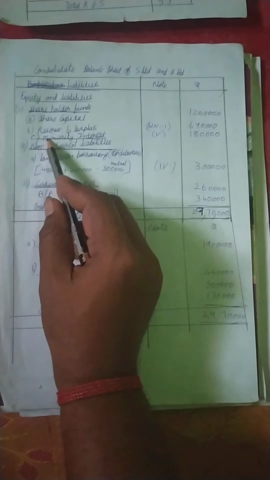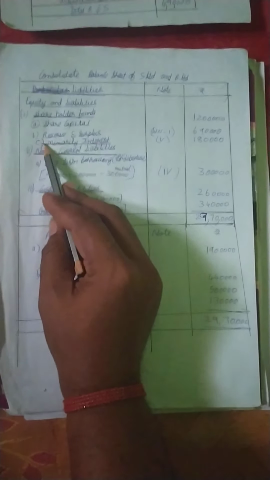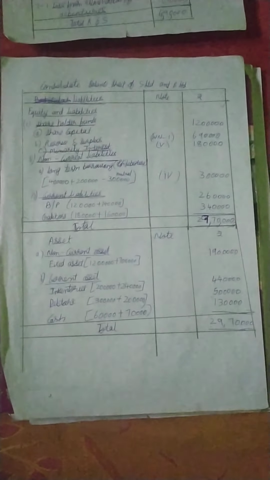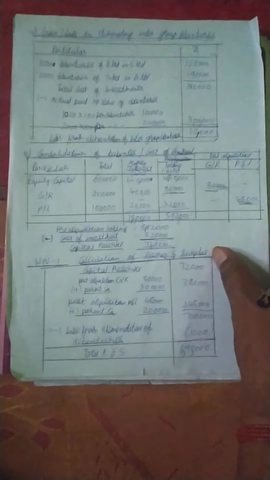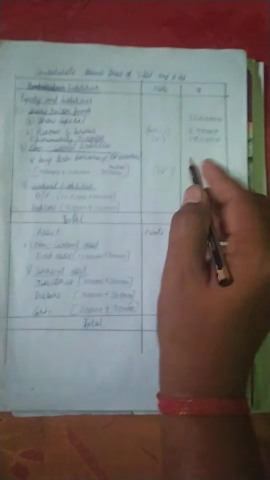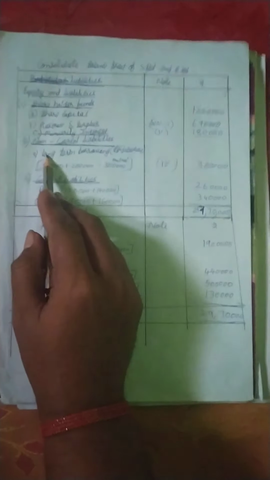Next, we should show minority interest, because the minority interest gets the post acquisition share, after pre-acquisition also. There will be minority interest of 1,80,000 that should be shown in the balance sheet. Okay. Next, long-term